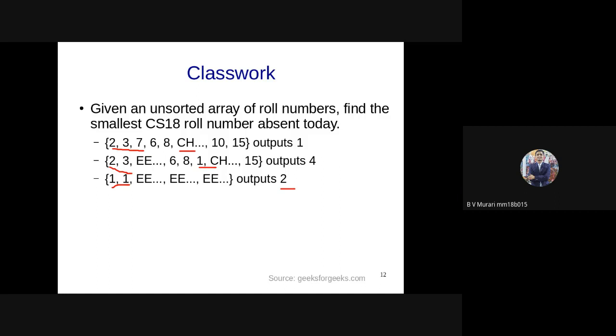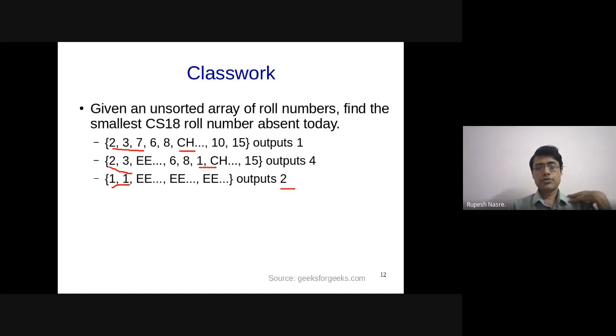Sir, here pseudo time means the constant where you compare the elements. Is it coming from there? No. Pseudo polynomial time is about the value that is stored. So your complexity is now dependent on the value stored, because you said that we are going to maintain a Boolean array of size, which is the maximum roll number.